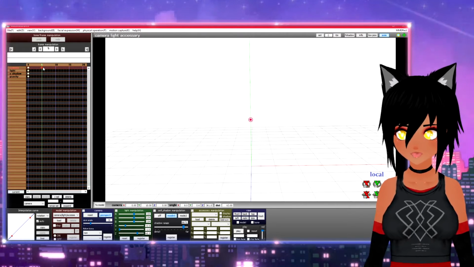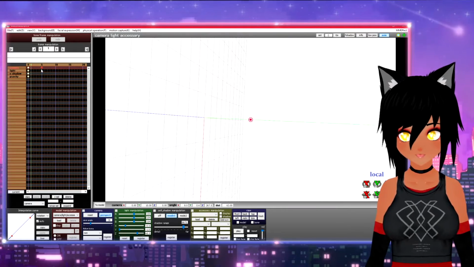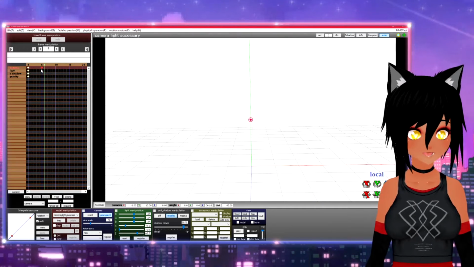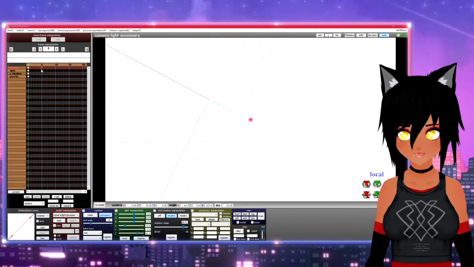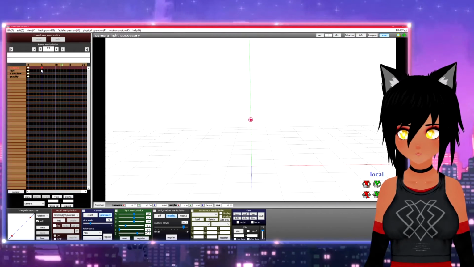So yeah, so it'll show you. So see, these are your 2 keyframes, the 2 that you registered. And then MMD automatically animates the frames in between. So it automatically tweens everything for you. If you know anything about 2D animation, that's pretty much the same concept as tweening.